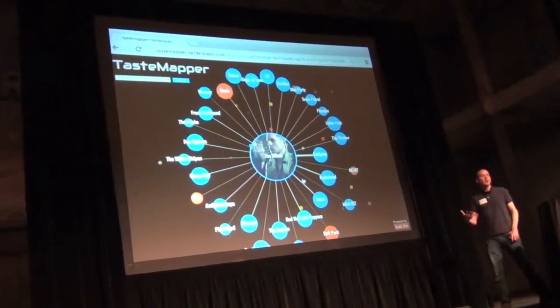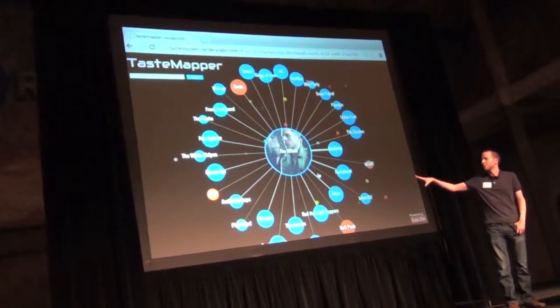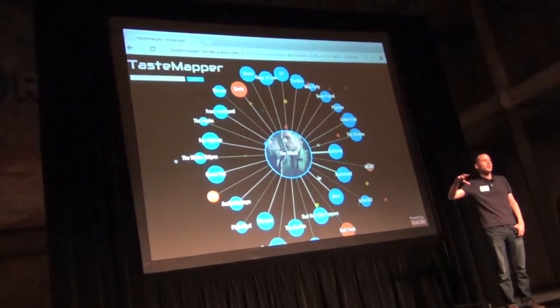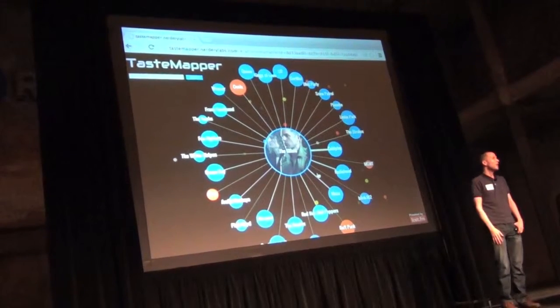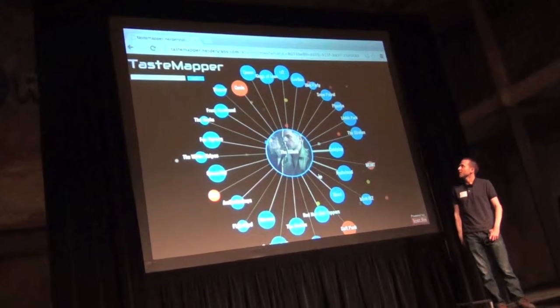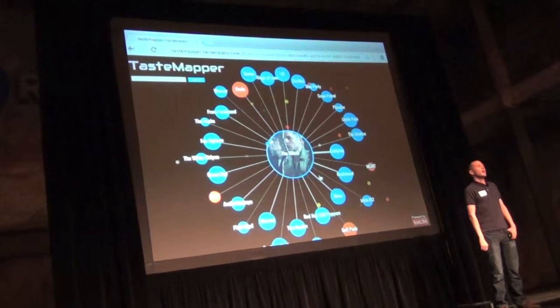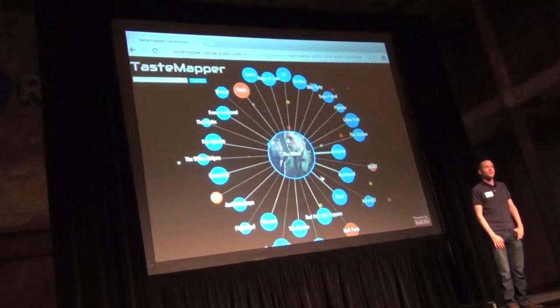Now that we have all of this data, there are lots of unique things that we can do with it. This is only the tip of the iceberg. We have a lot more plans as far as exploring the data and showing other statistical analyses. So keep looking for it. It's at tastemapper.nerderylabs.com. And I'm really grateful to have the chance to show it to you guys today.